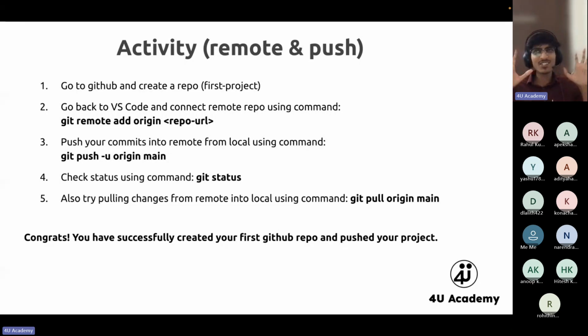See, actually Git is kind of a very new thing, and if I just keep on teaching, it will be very tough. I have been teaching this Git in other classes also, like the full stack people studied this much already. But in the review, I got to know that they felt it was very new and they wanted to revise it. But this time I have designed it so that you do the activity, and you don't need to revise it again and again. You learn it here itself, in this session itself. Please do this activity.